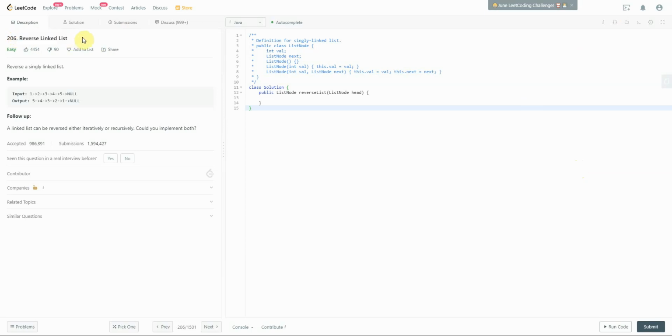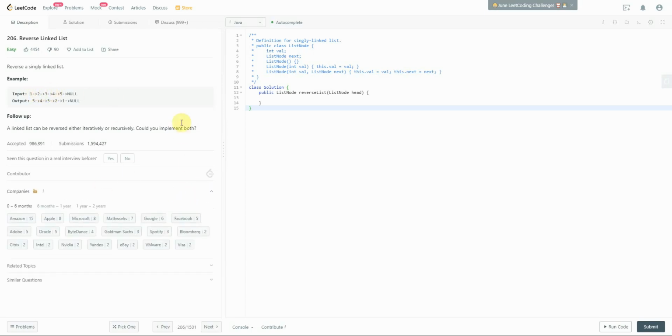Right? Reversing a linked list, essentially, you're given a list of list nodes in a particular order. And what this really says is just reverse them so that, for example, in this case, the next node of 2 should point to 1, the next node of 3 should point to 2, and so on. As you can see, this is a pretty popular question. It's asked by most of the companies like Amazon, Apple, Microsoft, Google, Facebook, all of them seem to like this